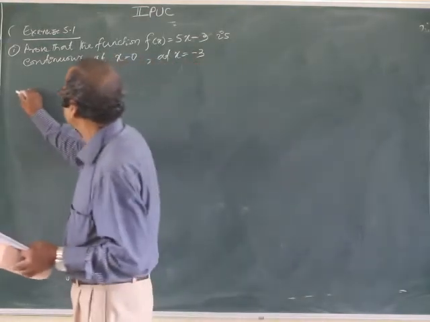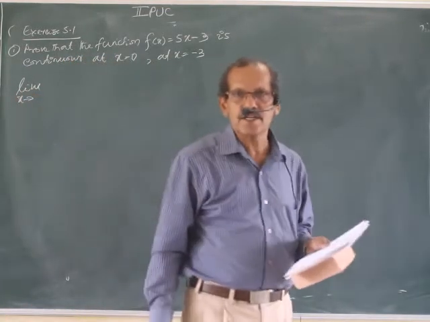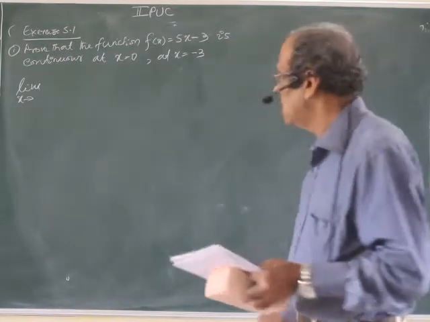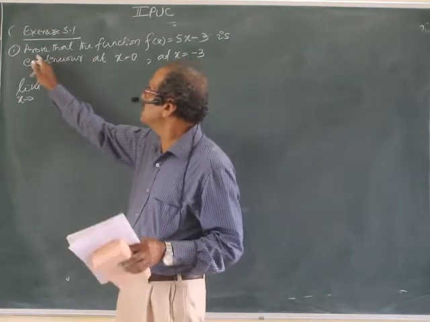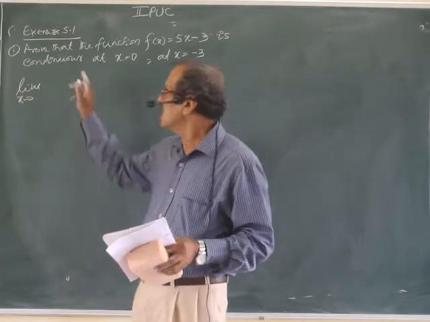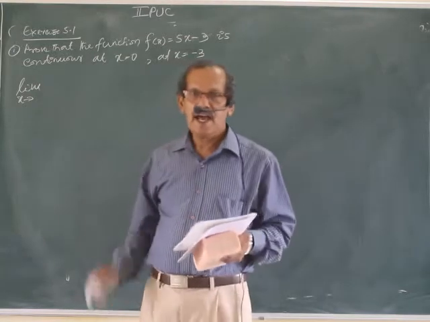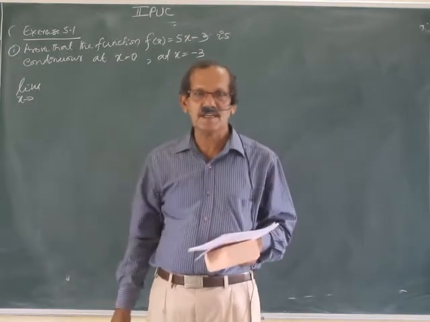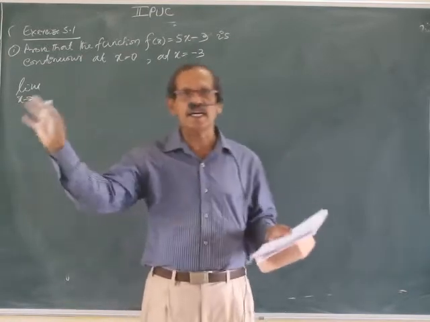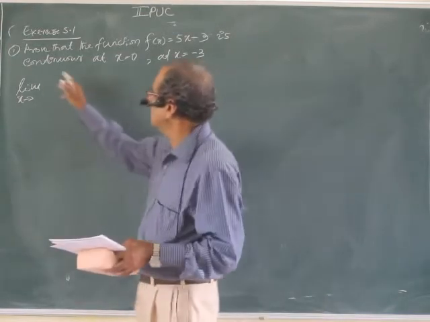Yes, let me start with this. Limit x tending to... recall the method you have done in the previous chapters, the previous sessions. This one is the basic one, continuity at the point, which we are now verifying. There are actually three types. One is continuous at the given point. Another one is continuous in the interval. And the third one is continuous in the entire given set, the real number set.